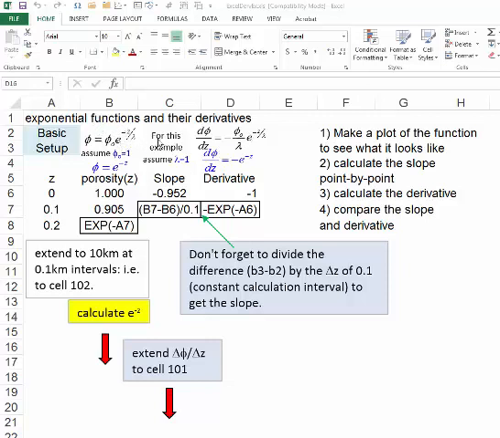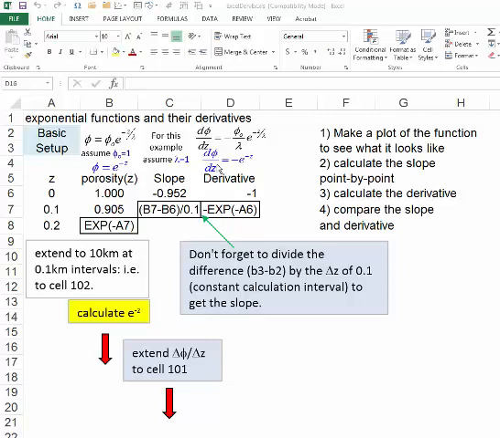This is the porosity depth relationship. This is its derivative. We know that the original function is multiplied by the derivative of the terms in the exponent. That gives us a minus 1 over lambda. For this exercise, we're going to make things simple initially. And if you'd like, open up Excel and follow along as I develop this